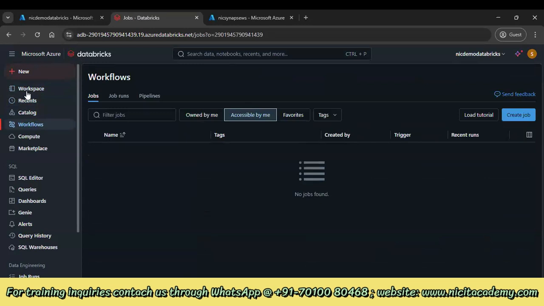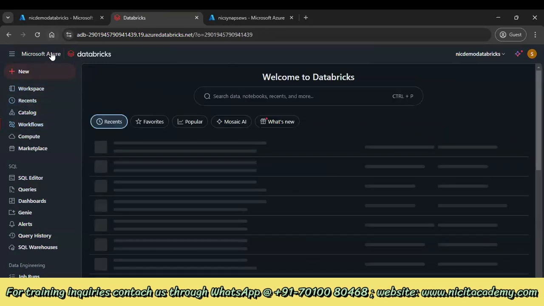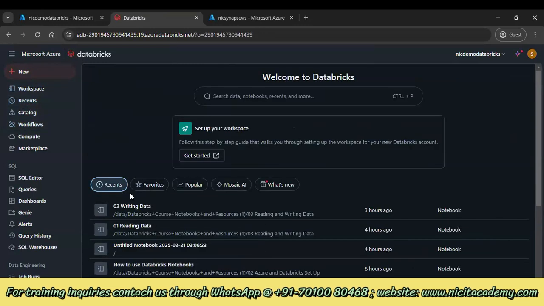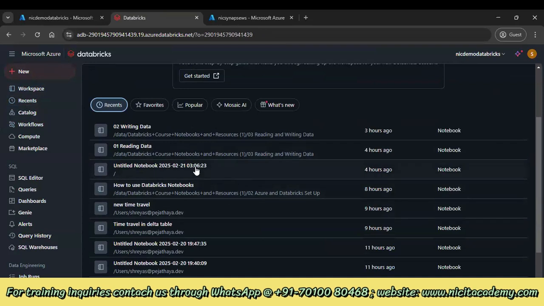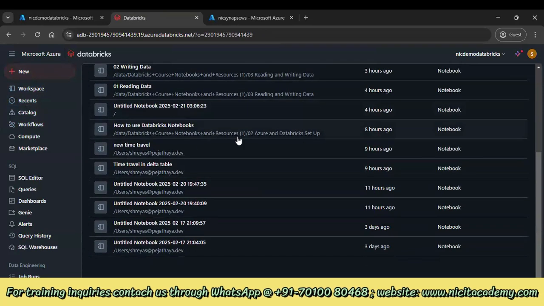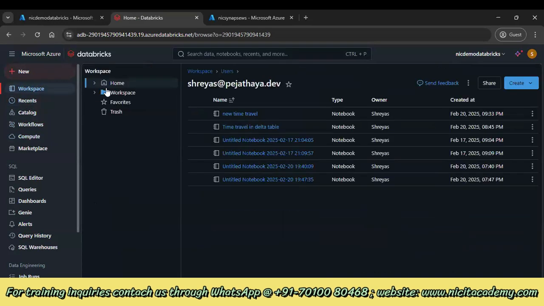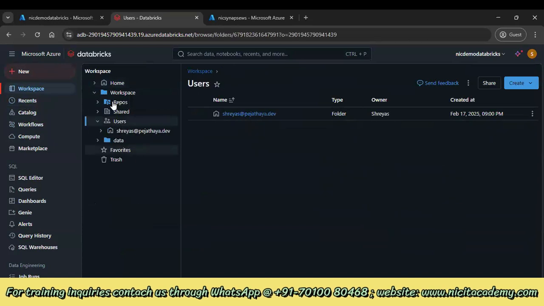All right, so this is the main Databricks workspace, right? Where you can see the recently used files if you have any. You have the workspace section here where you will find all your data. This is where all your files will be kept, right? If you've connected your Databricks environment to a GitHub-based repository, or Git-based repository, then you will find it in